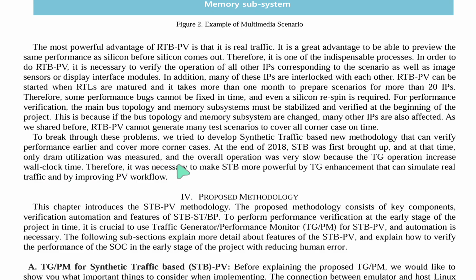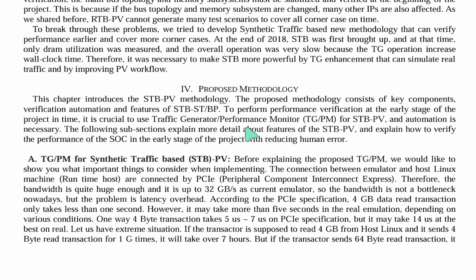Therefore, it was necessary to make an STB more powerful by TG investment that can simulate real traffic and by improving PB workflow. Section 4 is the proposed methodology, and this chapter introduces the STB-PB methodology. The proposed methodology consists of key components: verification, automation, and features of STB-PB. To perform performance verification at the early stage of the time, it's crucial to use the traffic generating performance monitor